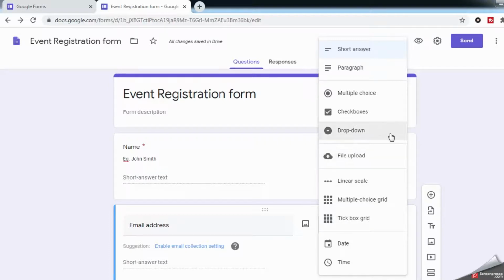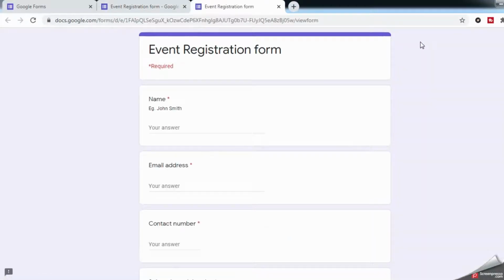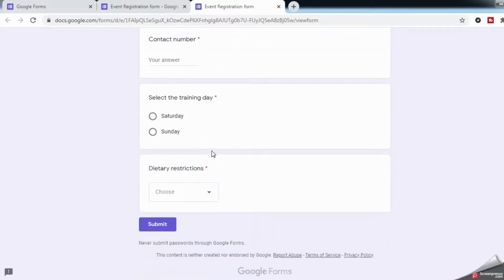Now to see how your form looks, you need to click on this preview button, which is an eye button over here. Once you do this, this is how your form will look. Anything marked with a red asterisk is a mandatory question, and this is how your form will be shown to your users.